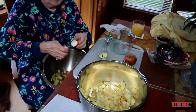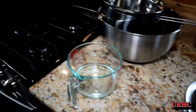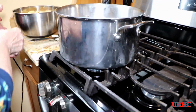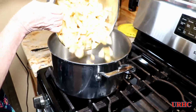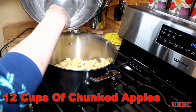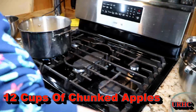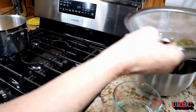So we're just going to cut up a bunch of apples, about 12 cups of mixed apples, and then we're going to put a big pot on the stove there and get these cooking down. We want them to cook down to start to soften up and get about the consistency of applesauce. So I'm going to put 12 cups of the apples in there, and then we're going to put the grapes